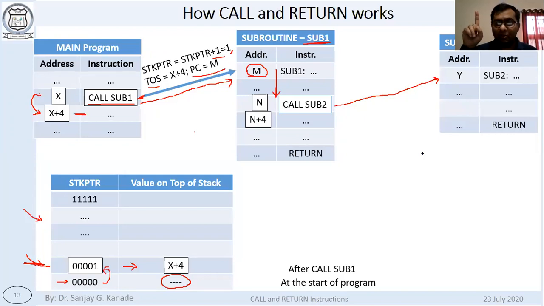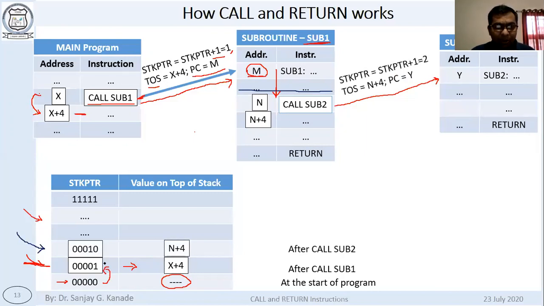That is, first, now see here, at this part until this point, this was the contents of the stack. When call sub 2 instruction comes up, the stack pointer again increments by 1, and the next value of the call goes to the top of stack.